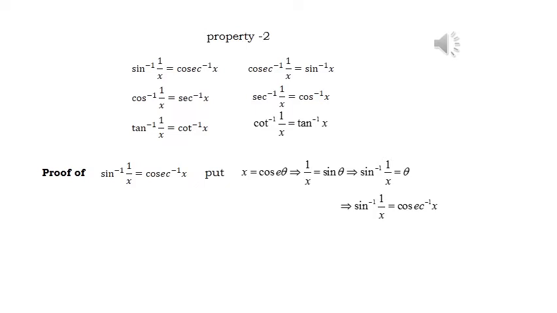we have given proof of one result. So first one, sin inverse of 1 by x equal to cosecant inverse of x. How to get the proof? So the sin inverse of 1 by x or cosecant inverse x. The x is directly connected to cosecant inverse of x. So we can start with the assumption x equal to cosecant theta. Next step, taking reciprocal on the entire equation. Reciprocal of x is 1 by x on the left side, reciprocal of cosecant theta is sin theta on the right side.